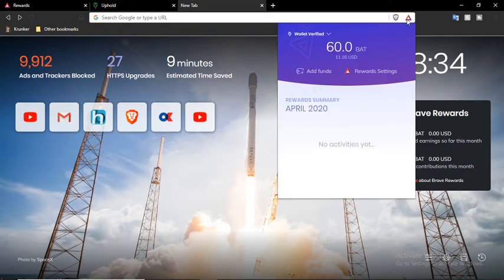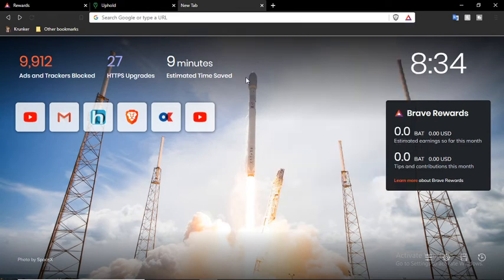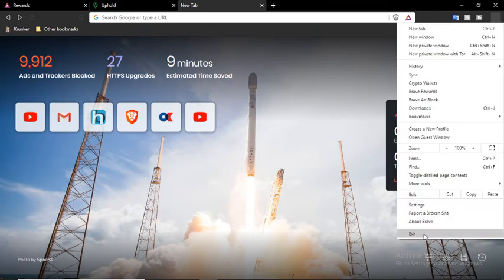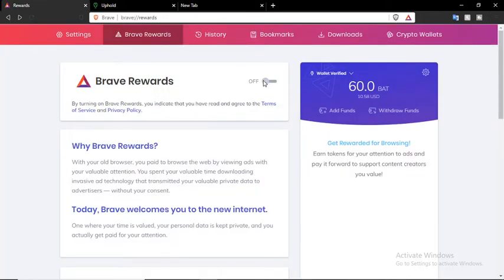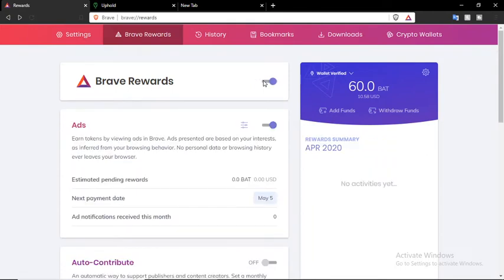For that, download the Brave browser and enable ads. To enable ads, go to the three dots, and after that here you will find Brave Rewards. Click here and it will be turned on. Your work is just to enable it, and after that you will be earning regular cash. And if you are in America, the BAT token you have can be exchanged for gift cards.